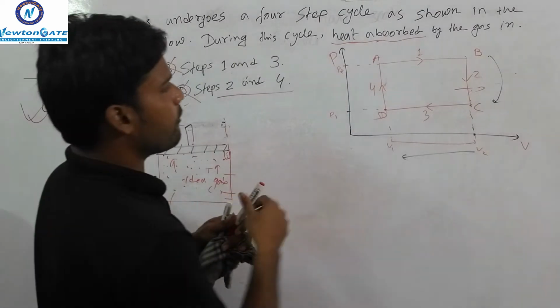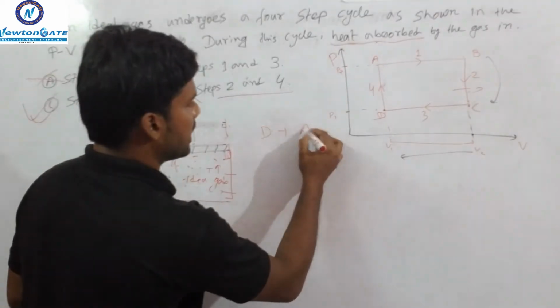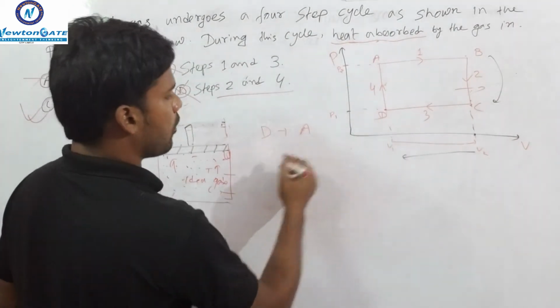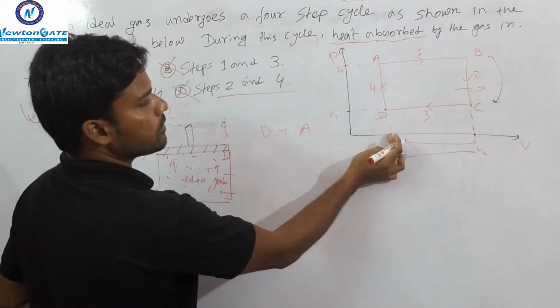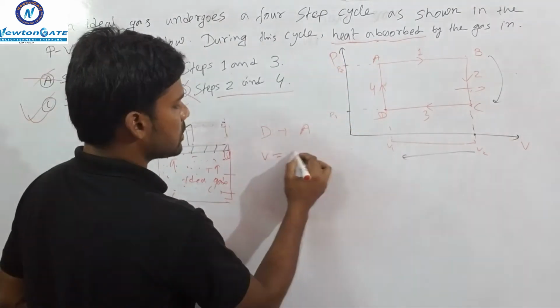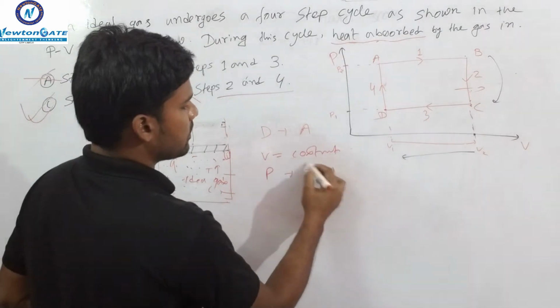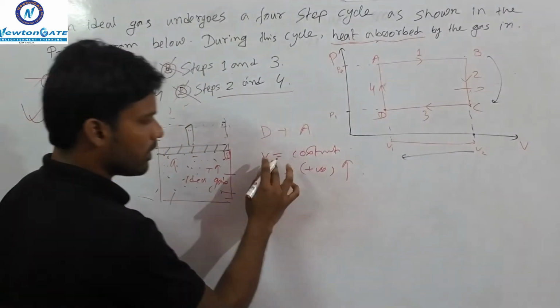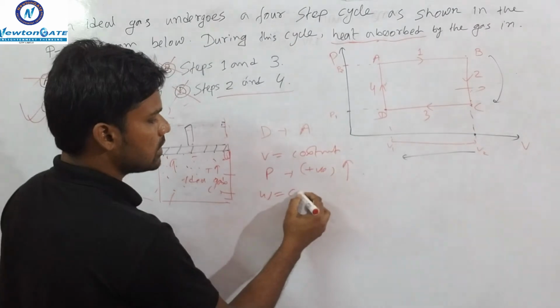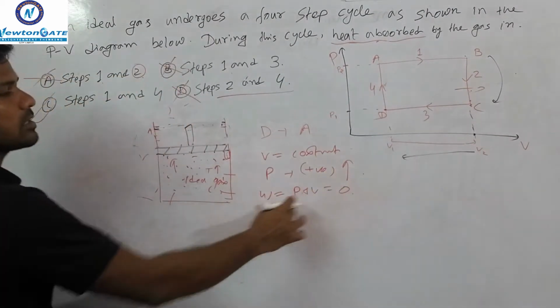okay? So in step 4 D2A, that is the process here, that is D2A. In D2A volume is constant because you know this is the portion, that is volume is constant, only pressure rises. So V is constant here and P is positive, that means it rises. So whenever V is constant, that means work done is 0, P into del V, that means 0, V is